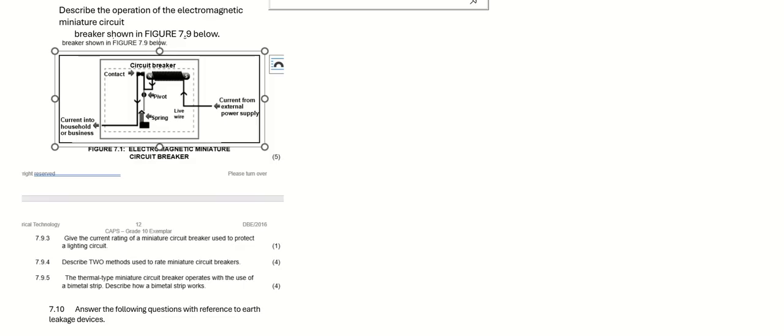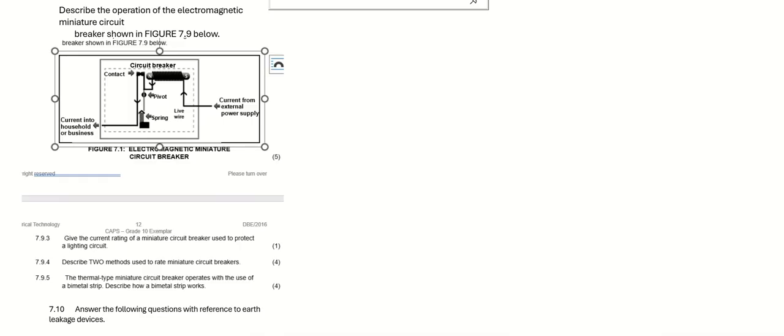Sorry about that. Now we are at 9.7.9.2. They say describe the operation of the electromagnetic miniature circuit breaker.